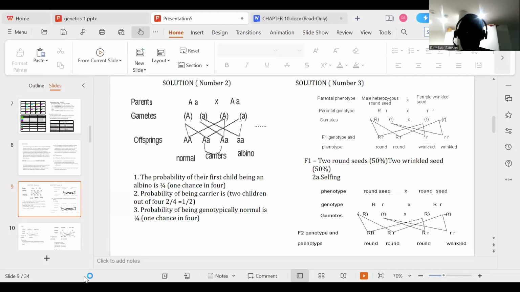I'm using more than the time given to me, so I might decide to end this class soonest. So yeah, that is just it. Round and wrinkled, heterozygous, homozygous. And finally,